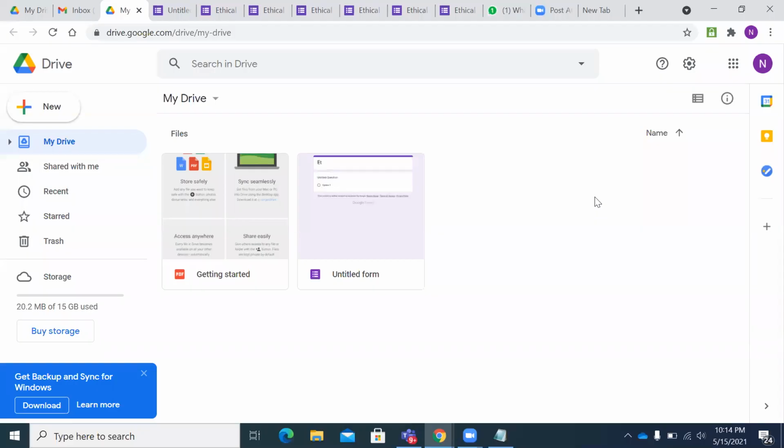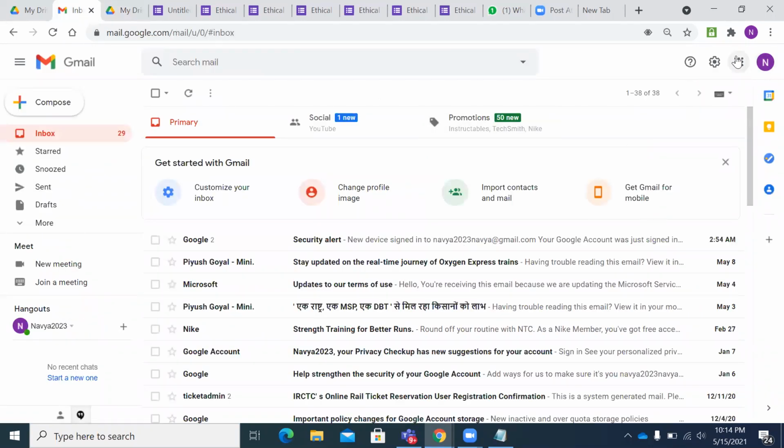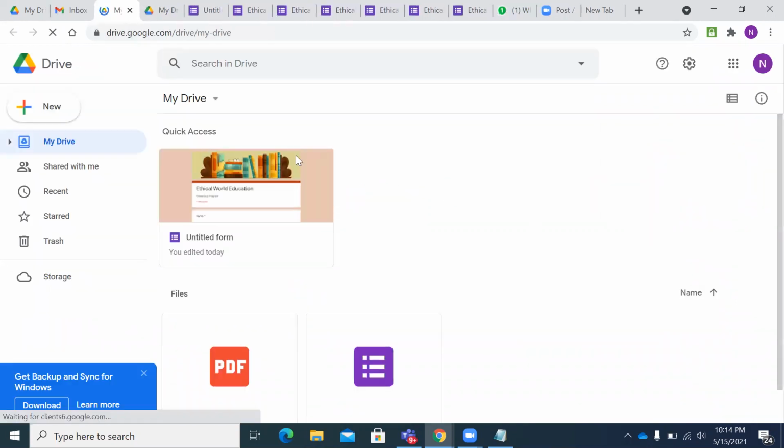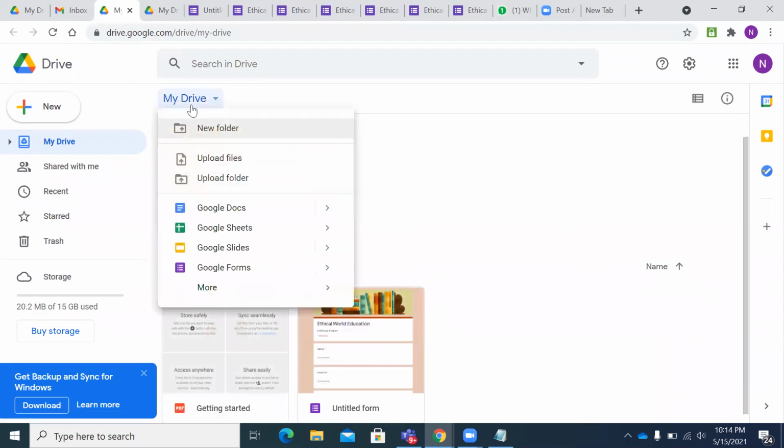So the first step to start designing this online quiz, all we need is a Google account, the Gmail ID. So you will be having a Google account like this. I'll be going to the Google Apps, and I'll be clicking this Drive. From this Drive at the below, you can just select Google Form because we are designing this online quiz with the help of Google Form. So let's start. Let's select this blank form.